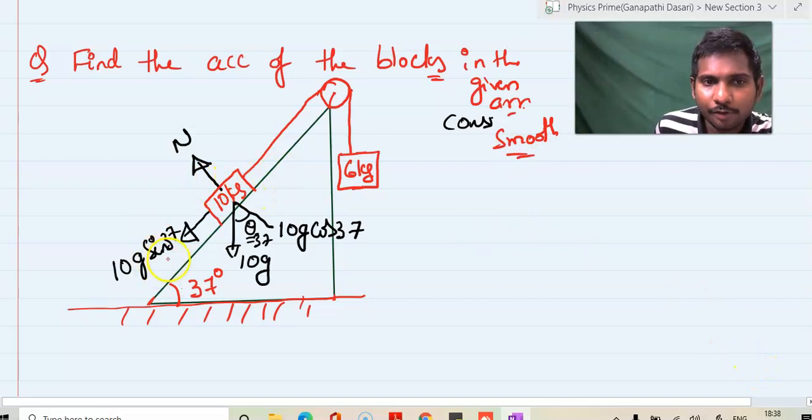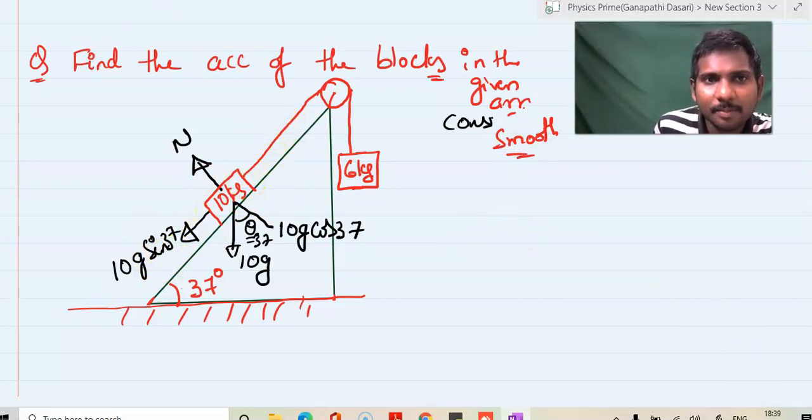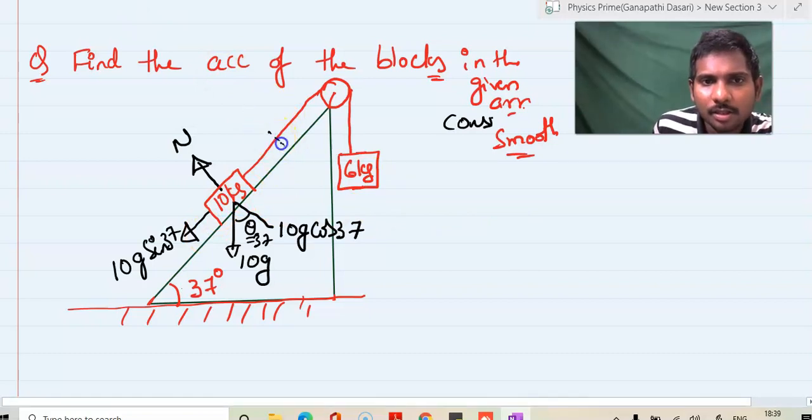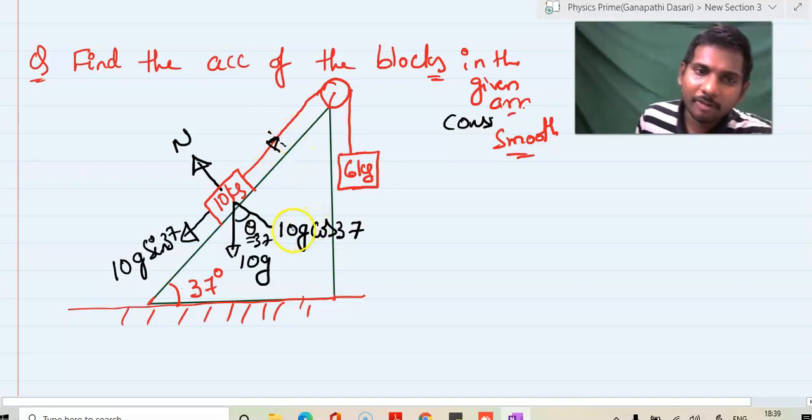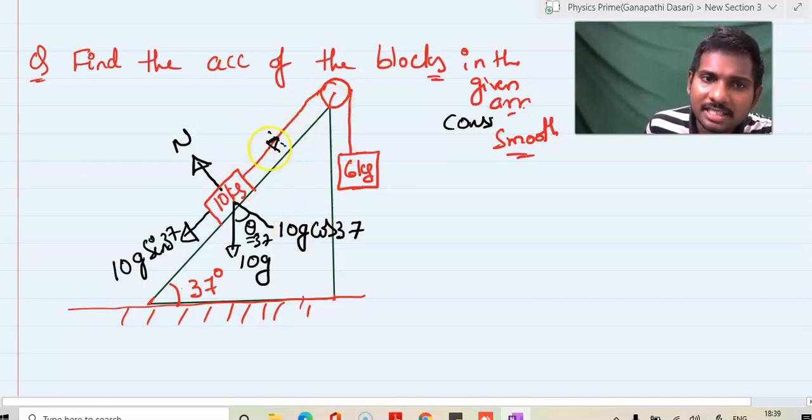So if you see the free body diagram of the 10 kg block, there will be another force, tension, acting in the upward direction. Cut it and pull it. It will be in the upward direction, because it is a continuous string and there is no mass in between them. The pulley is an ideal pulley. We'll consider in this topic the pulley is ideal. And if it is ideal, the tension will remain the same throughout this continuous one string. So if you cut it and pull it, the tension will be T throughout this string.